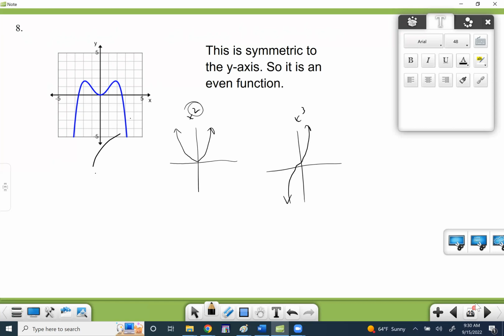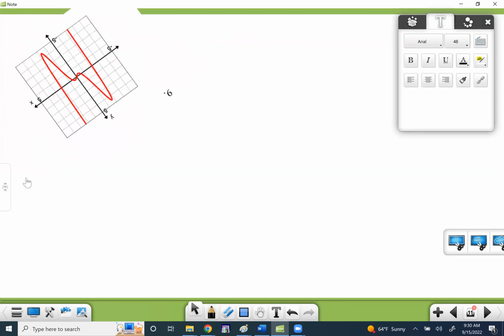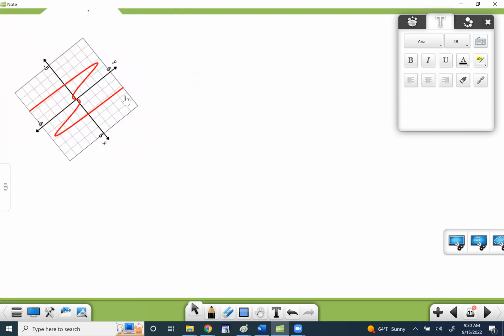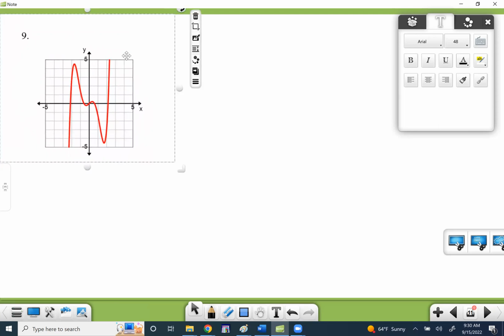All right, let's try the next one. Okay, so this one is not even because it's not symmetric to the y. If I take this and I twist it and turn it upside down, you will notice it looks exactly the same as it does right side up. It looks exactly the same, right? So that means that 180-degree rotation looks the same. All right, so since it looks the same right side up as upside down,